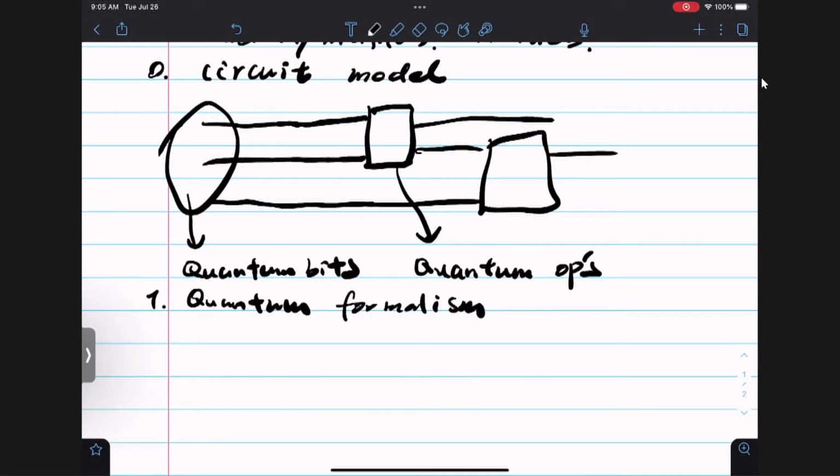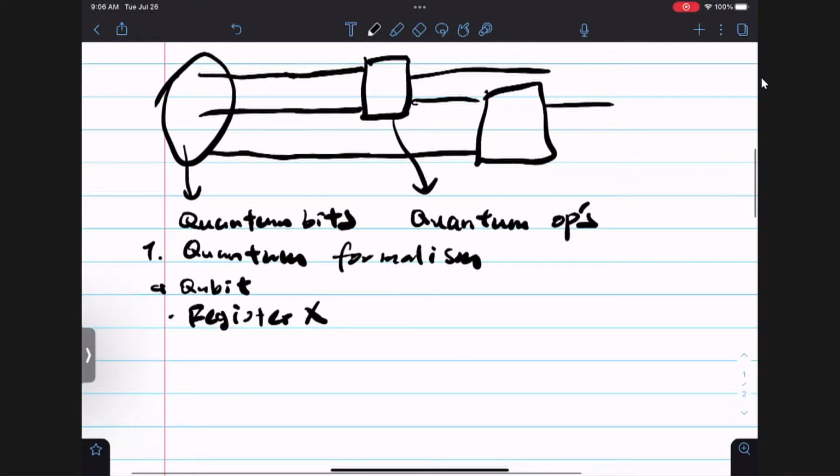First of all, what is a qubit? We're going to consider a quantum system, which I'm going to call a register X. Okay, and the state of X